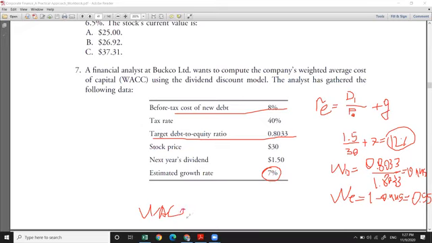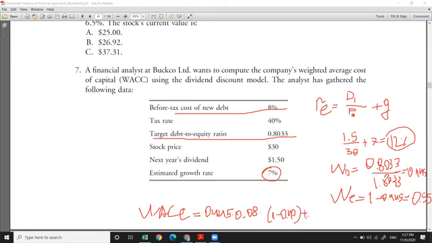Weighted average cost of capital. So if you substitute, the proportion of the debt is 0.445 times 8%, and it should be adjusted for the tax, 1 minus 0.40, the tax rate,